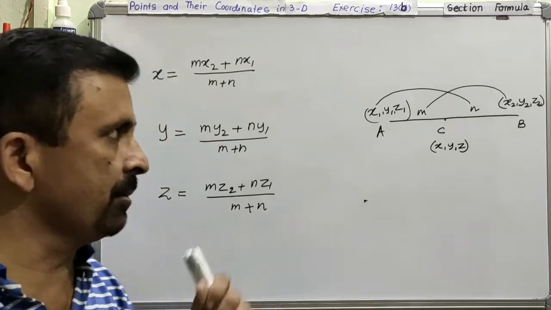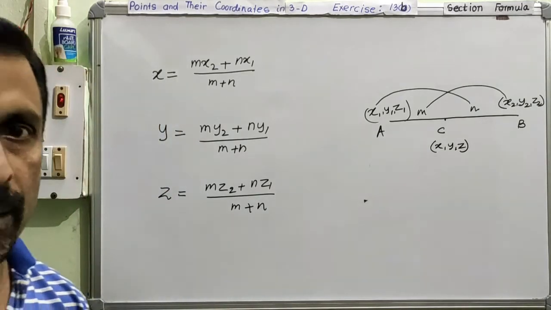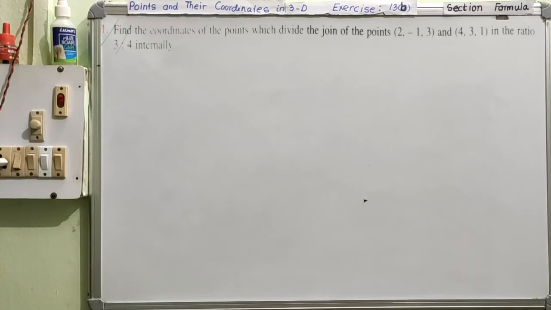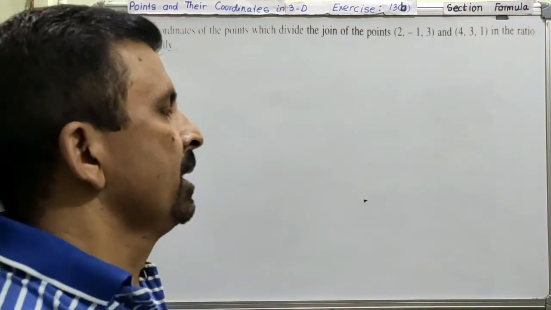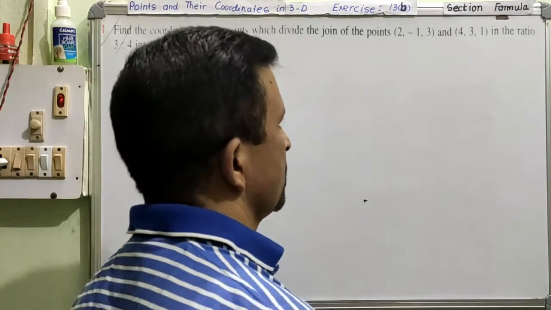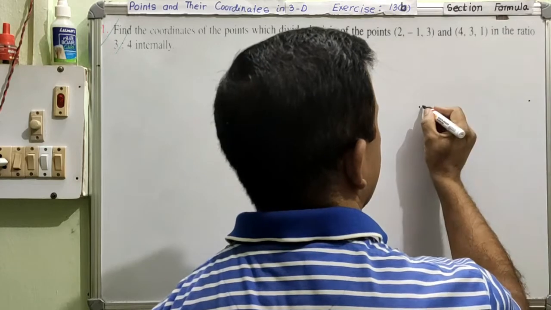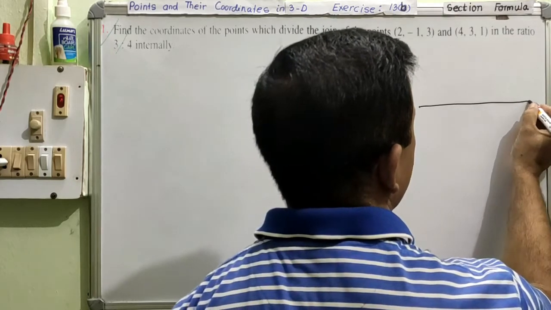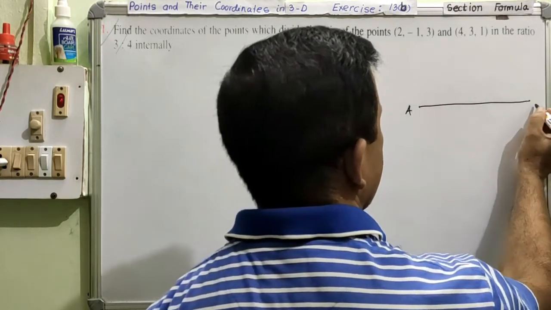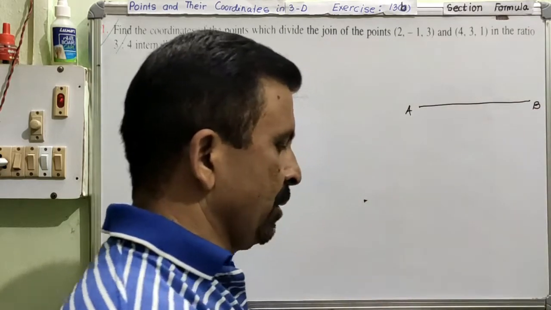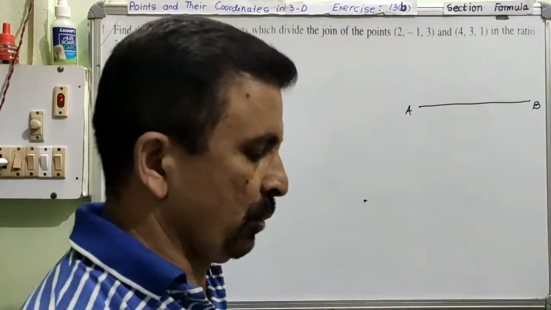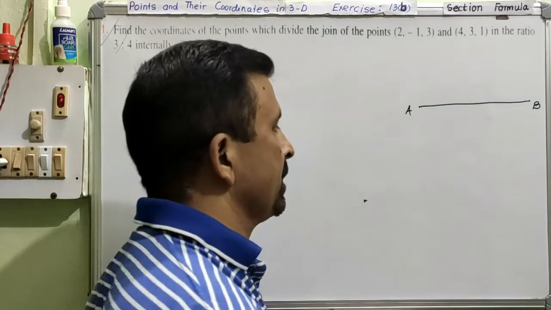Okay, so we will move on to question number 1. Find the coordinate of the point which divides the join of the given points in the ratio 3:4 internally. Right? So let us draw the line. There are 2 points, this point and then this point, and then this is the line which joins the 2 points, right? Name the first point as A and another point as B, because in most of the questions the names of the points are not given. So for our own convenience we always name the points.